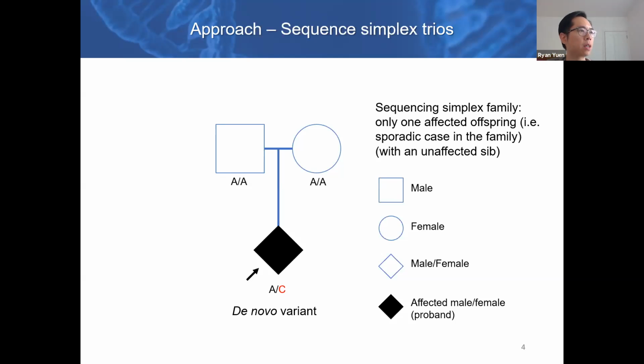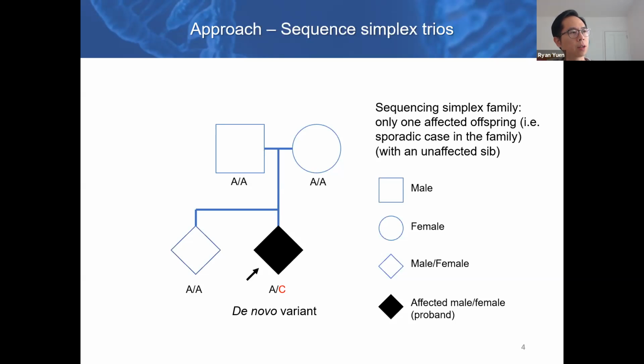So this schematic, or this diagram, shows an example of a position where there's a homozygous A at this position. Well, the child would have a heterozygous mutation of C at the same position. So because it's not present in the parents, we designate it as being de novo. And most often, you will require a lot of these trio sequences and try to identify variants or genes that carry rare variants or de novo variants, I would say. And you have to compare against another cohort, which is obviously a control, if it's available, which is the case in